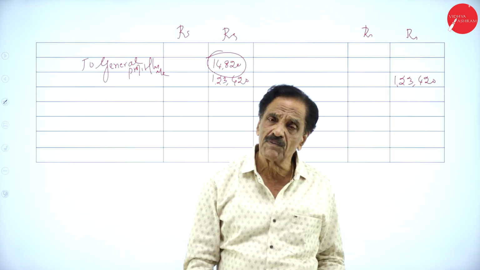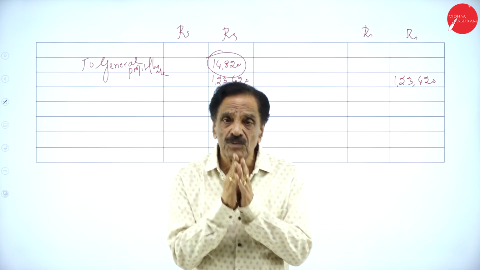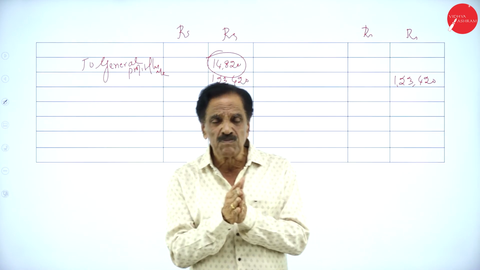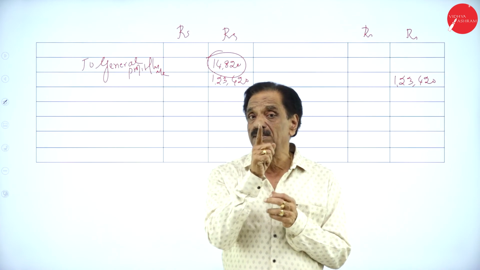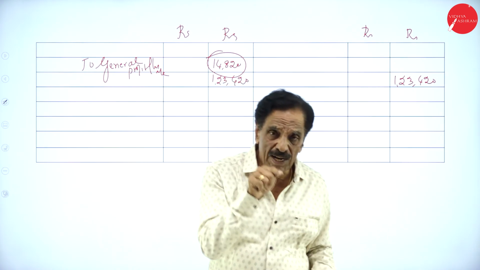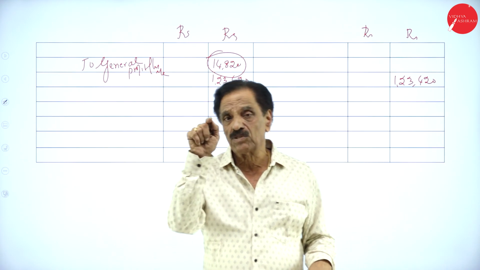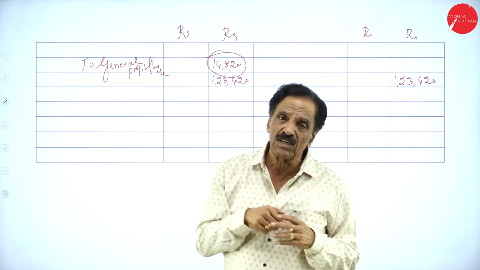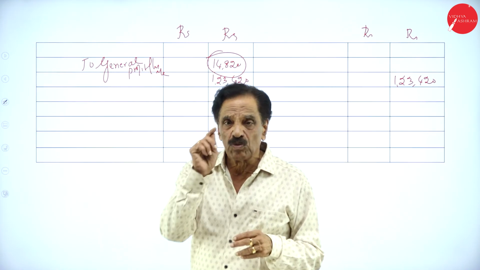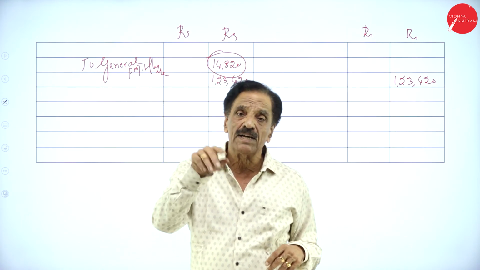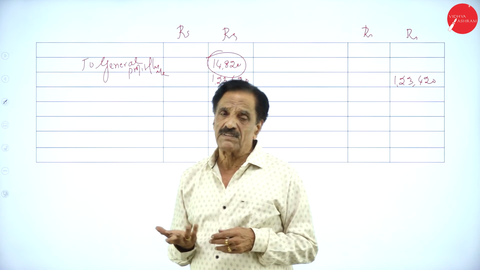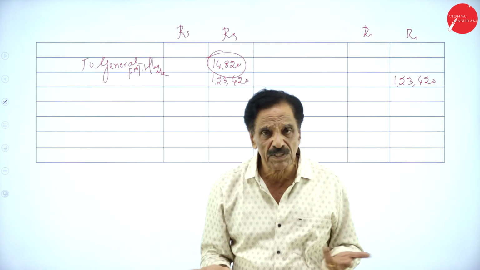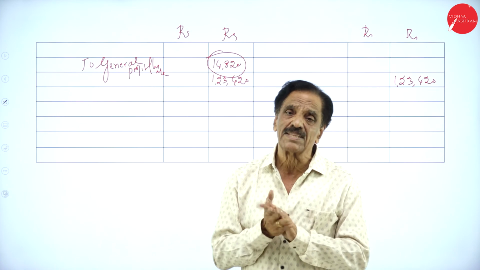This is the fifth problem we have solved. What you have to calculate? One, stock reserve. Here the profit is 20% on selling price. Your selling price is 100, so profit is 20, and cost is 100 minus 20, which is 80. 20 by 80 into 100 is 25 percent. So 100 plus 25 is 125. 1 over 5 of 125 is 25 rupees only. So we have calculated that now.